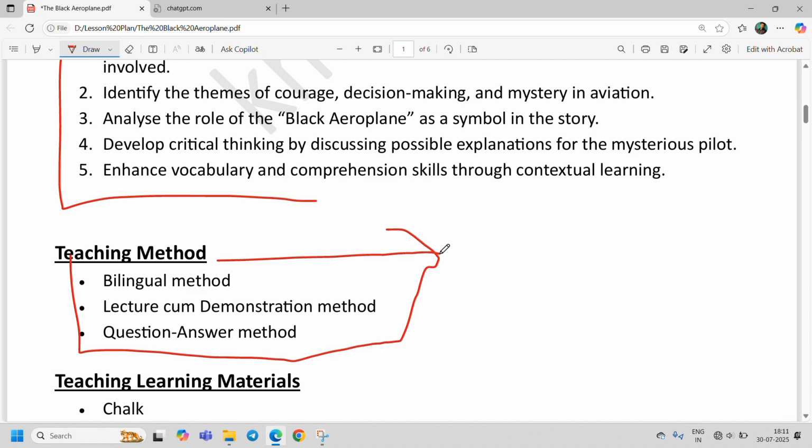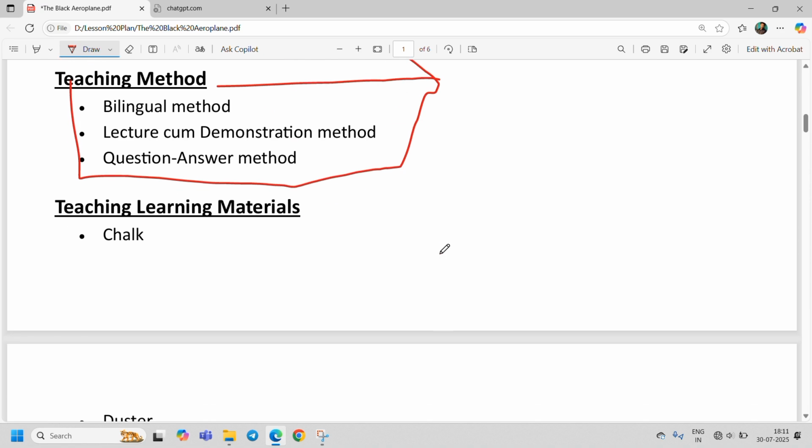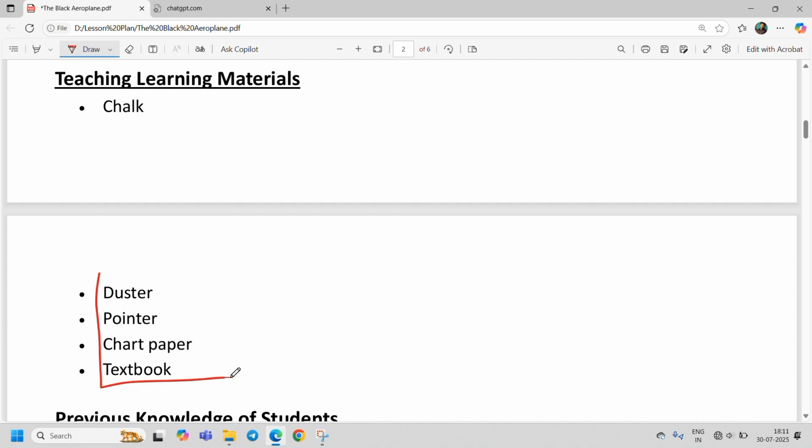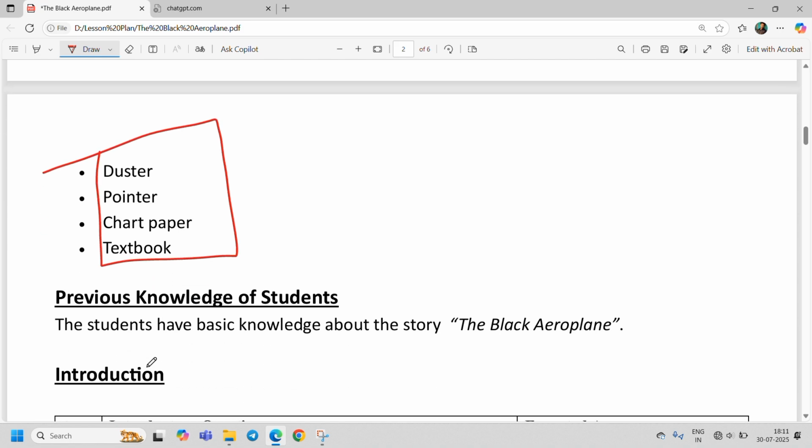Teaching learning materials. These are the tools which are required for teaching English. Chalk, duster, pointer, chart paper, textbook. If you are teaching in smart board, then you can directly write smart board. Okay. Previous knowledge of the student. The students have basic knowledge about the story Black Aeroplane. Since this is the lesson plan of a story,